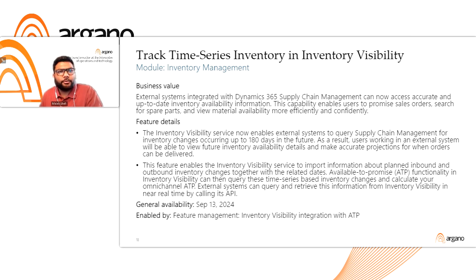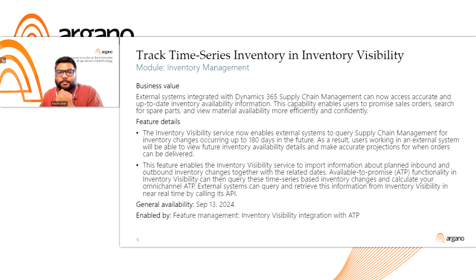First one is in the inventory management module, where you can track time series inventory in inventory visibility. So inventory visibility, this external system integrated with D365, can now access accurate and up-to-date inventory availability information. This capability enables users to promise sales orders, search for spare parts, and view material availability more efficiently and confidently. This feature now enables external systems to query supply chain for inventory changes occurring up to 180 days